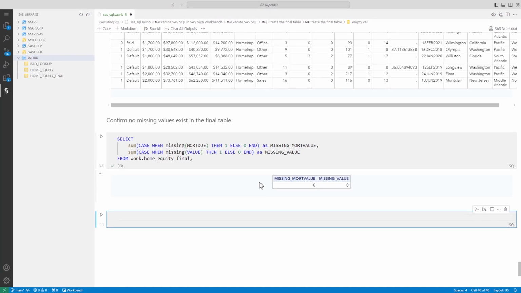That's it. That was a quick introduction into executing SAS SQL in SAS via Workbench. I showed familiar ANSI standard SQL syntax, as well as some SAS enhancements like the calculated keyword, SAS formats and labels, and SAS macro variables. The SQL procedure in SAS has much more functionality than discussed here. Check out the SAS documentation for more information.